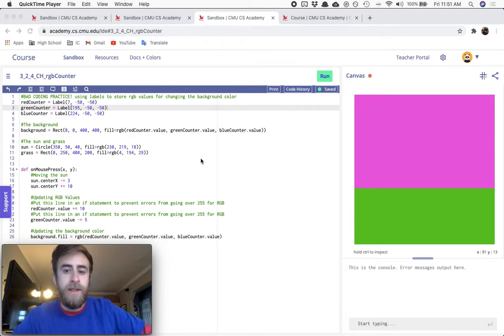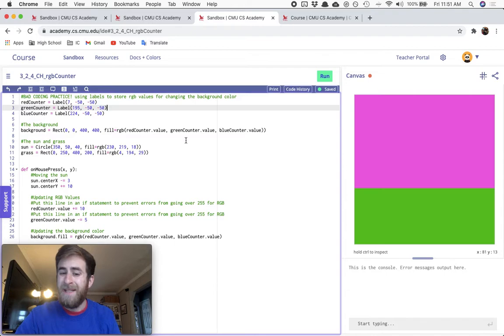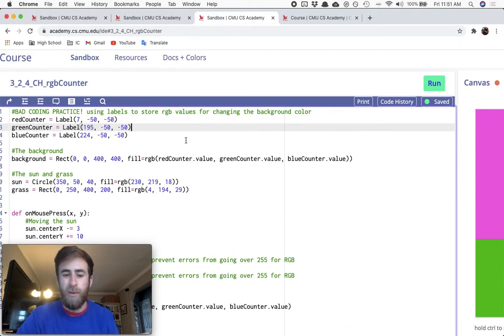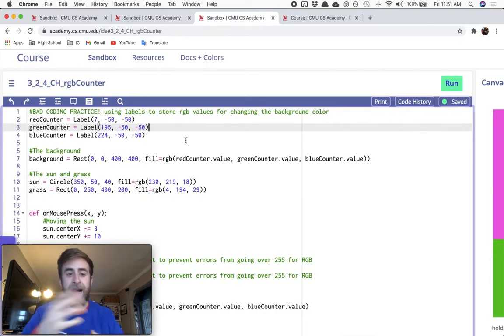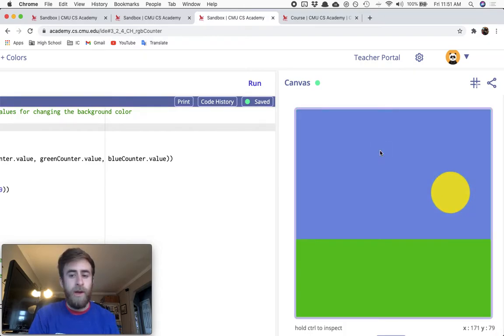So here is the solution video for the sunset challenge. I provided quite a bit of skeleton code for you guys in this one. So let's go over and see exactly what we're doing here before I actually do the solution. So right now, the program runs, and looks very similar to what we wanted it to look like in